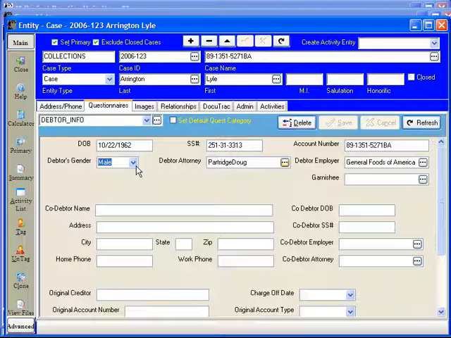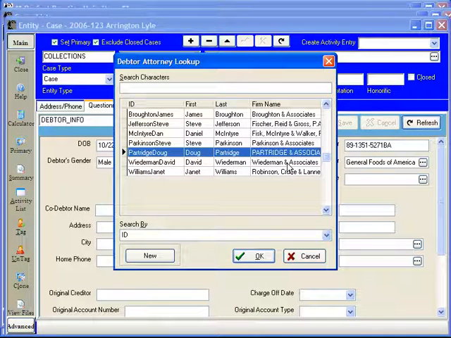Lookup fields allow locating persons from our contact database. The lookups have been set to only display certain types of persons. For example, when we click on the control associated with the debtor attorney field, a list will appear. This list has been restricted to only show persons with the role of attorney. If the attorney you need is not currently in the contact database, you can click on the New button and